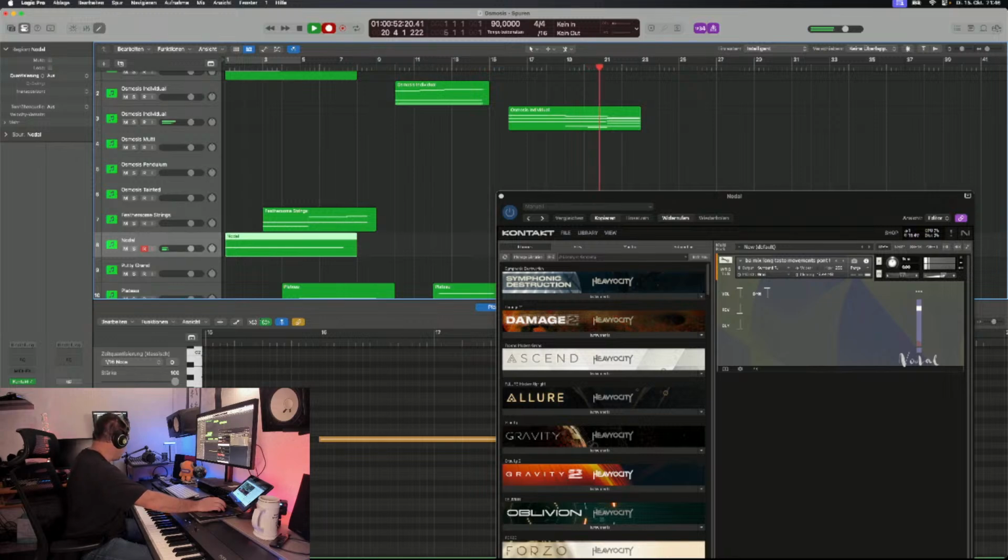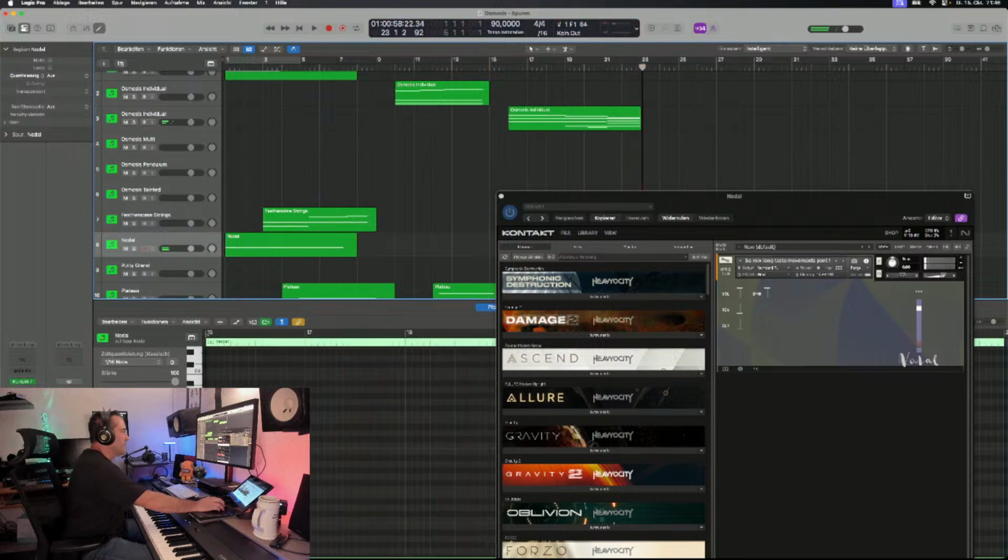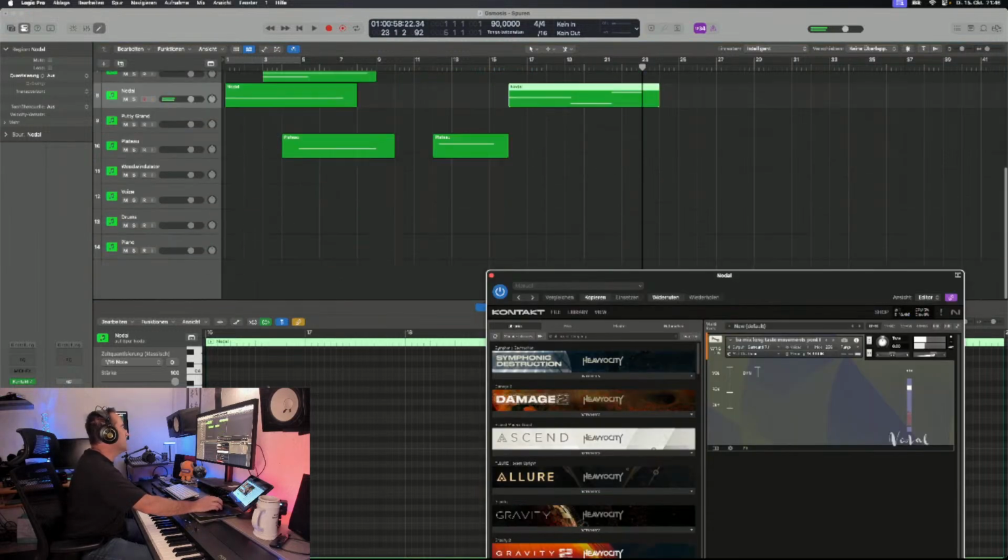Really low. This bass. I hope you can hear it. It's really rumbling down there. And then we just take the piano, and then